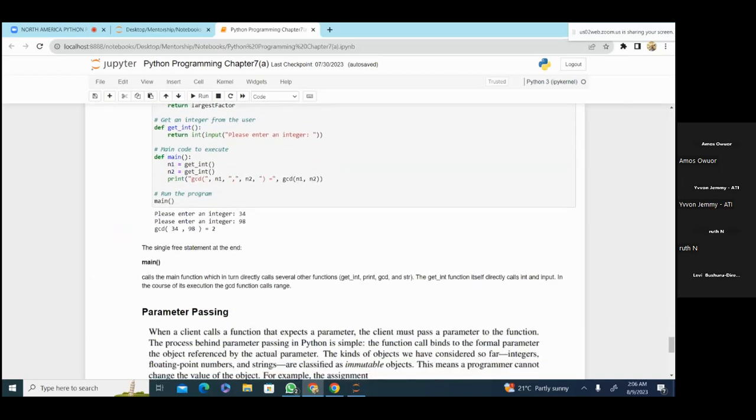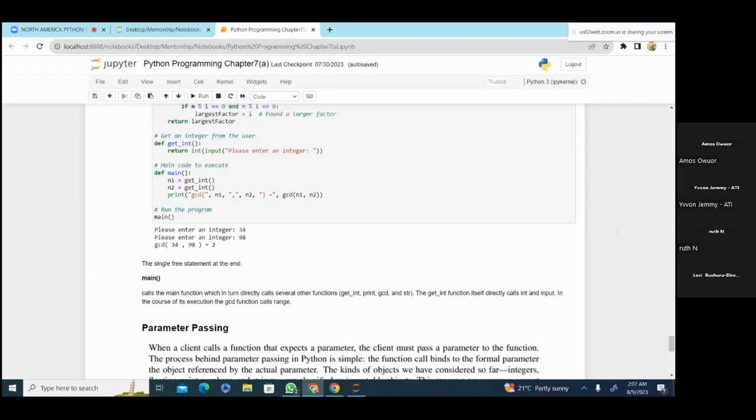The second thing is that the main function calls the several other functions. What do I mean? When you use the main function, there are some other things the program might have ignored. So it will enable you to take into consideration any other thing that the program might have ignored. That is the layman's language. So you can see here,